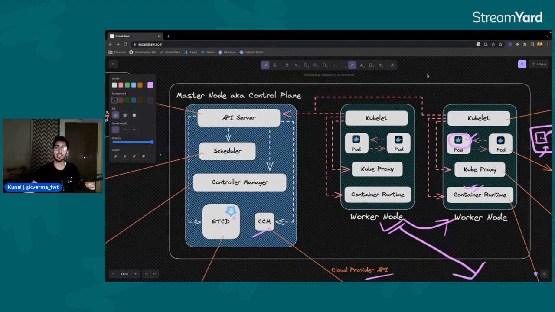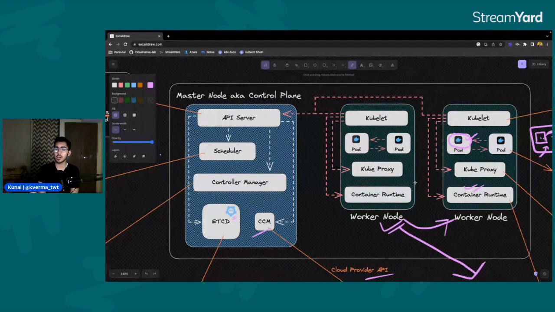We covered all the components running in the worker nodes. So all in all, if we take a wider look at the entire Kubernetes cluster, we first go through the master node, or the control plane node. These are all the components of the control plane node that we just discussed individually. And then there are the worker nodes. We can have multiple worker nodes, and we discussed all the components that each worker node has. Each worker node consists of these components, which is an important thing to note.